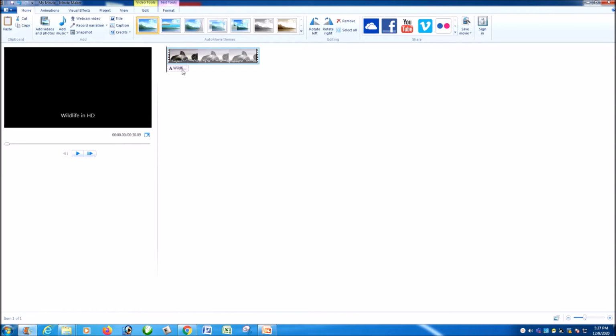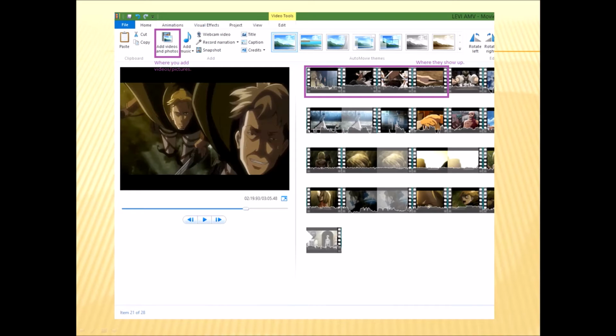Your video will be added to the Windows Movie Maker in the storyboard with the audio in it. See, this is the wave symbols. These are the wave symbols that indicates the audio that is available with this video. After adding your video, in this way you will get your video in the storyboard.